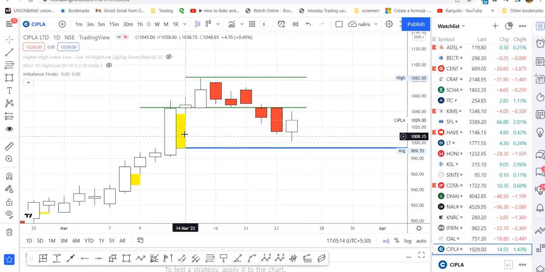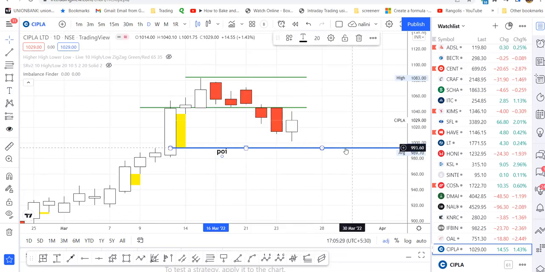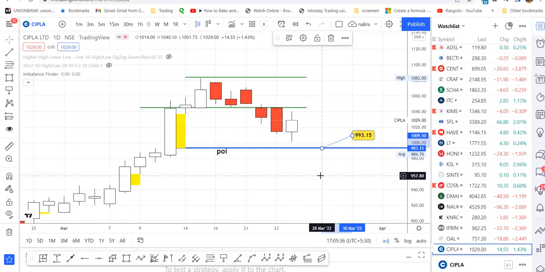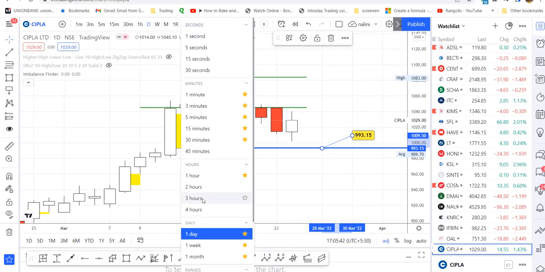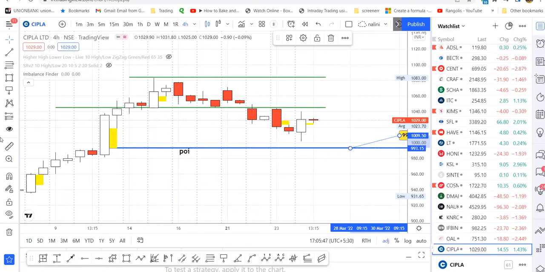So I'll fine tune this point of interest. This is nothing but the point of interest, POI, that is around 993. I'll fine tune this level by going to lower time frames. Let me move to 4 hours. And then if I take the 50% of this,